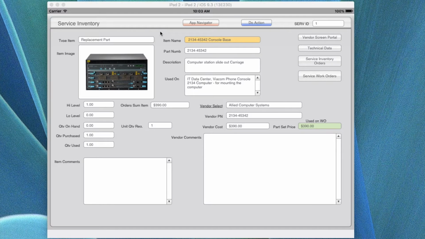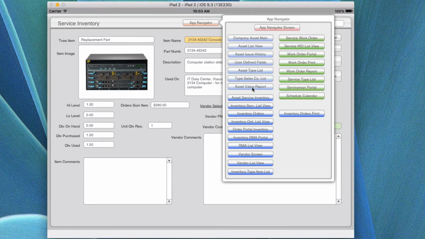In this video help, we're covering the service inventory. Let's take a look at this. Service inventory has the asset service inventory, the inventory service list view, inventory orders, where you're actually doing orders from the vendor, the inventory order list view, which indicates each record for each order, the order portal for the inventory,